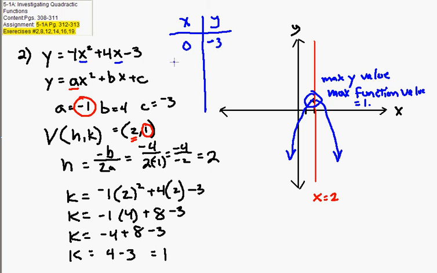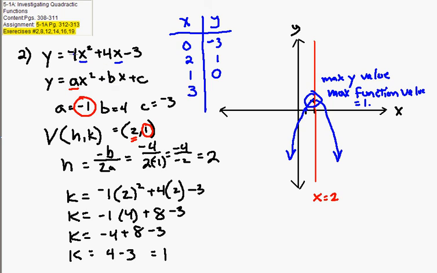Right? Well, we know if I plug 2 into x, I'm going to get 1. If I plug 1 in for x, that would make that negative 1, that would make that 4. So that's 3, and 3 minus 3 is 0. So that would be 1 comma 0, which is right about there. And if I went to 3,